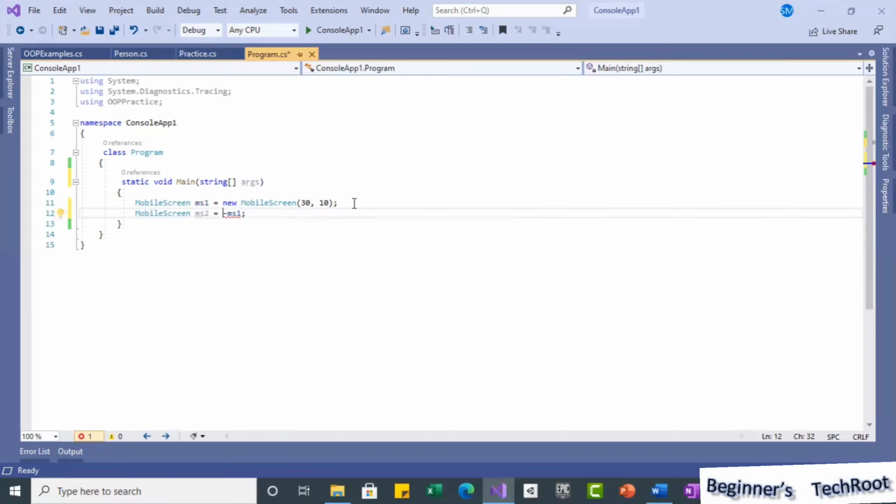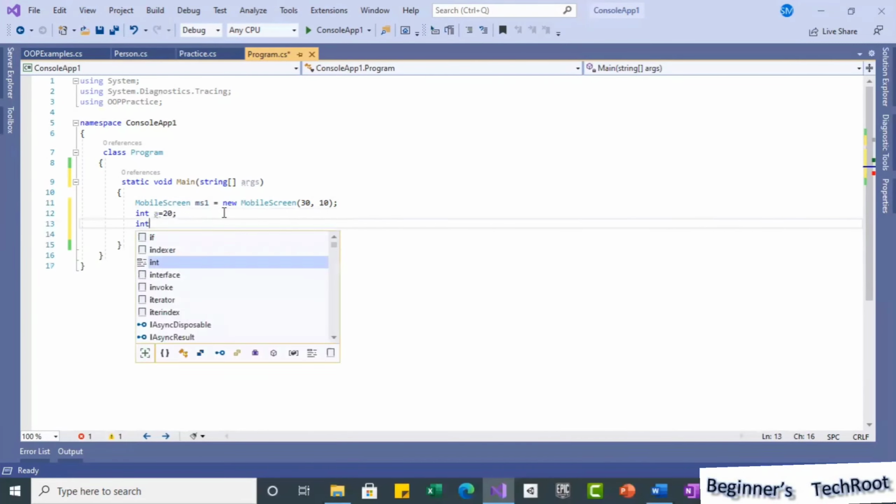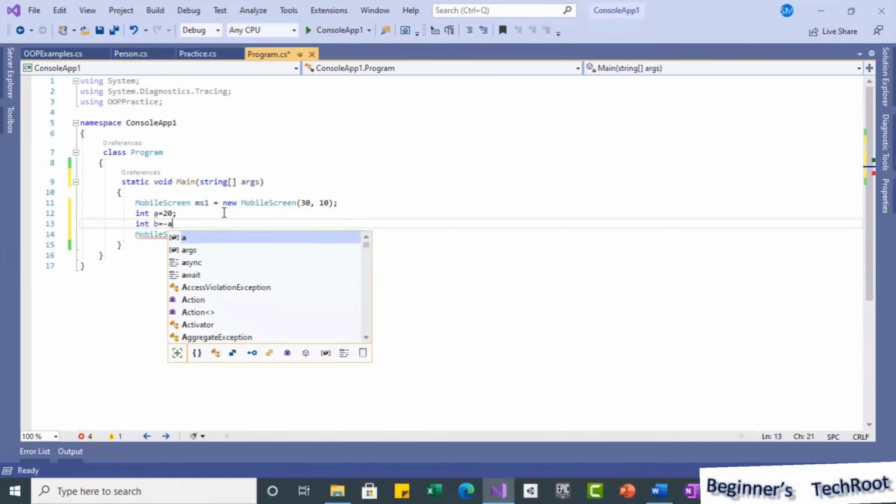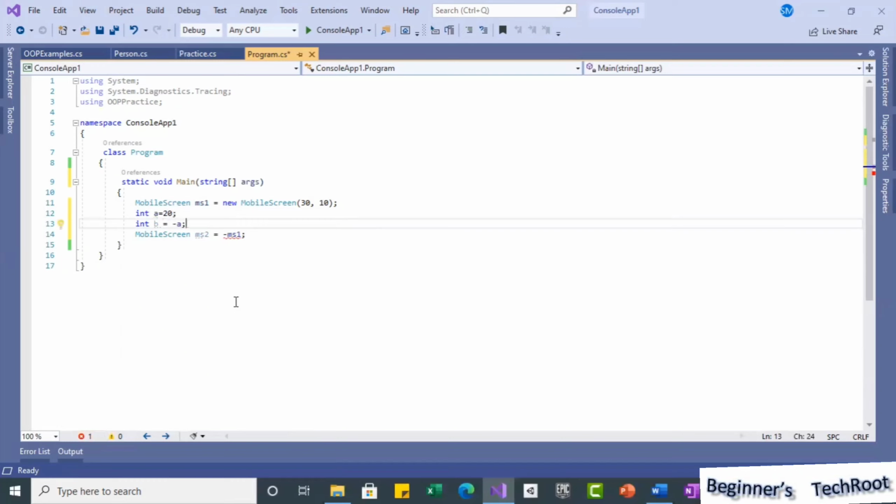If you define it as an int type, int a equal to 20, then you can use int b equal to minus a. You can use it because this is a C# defined data type, the default primitive data types that the C# language provides.